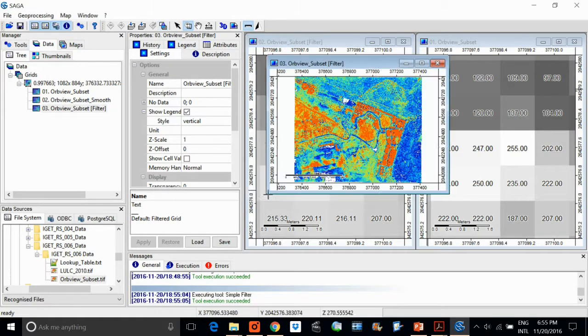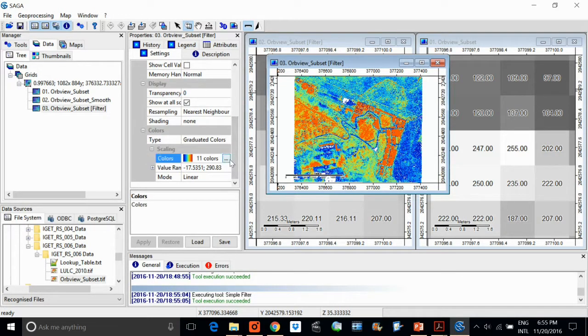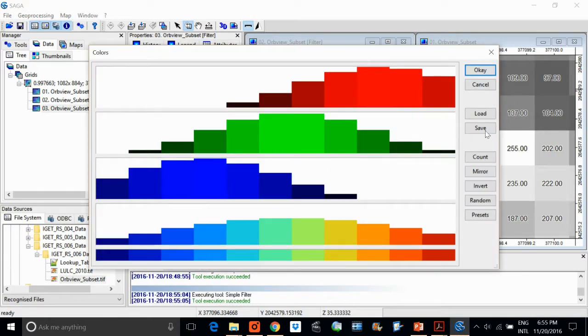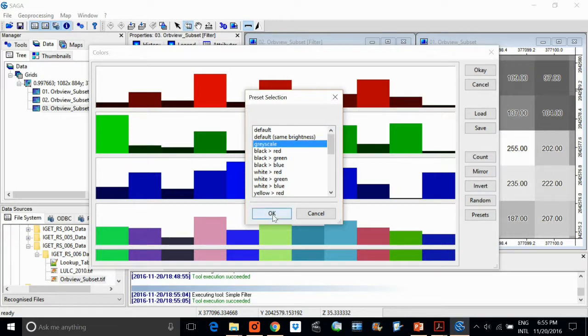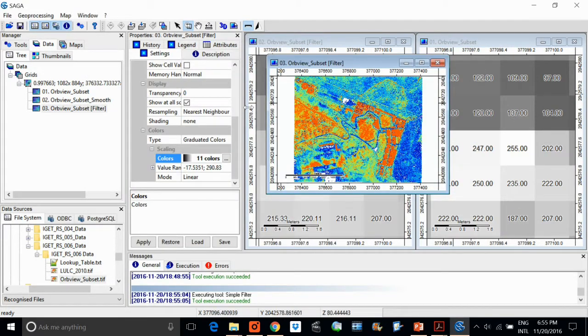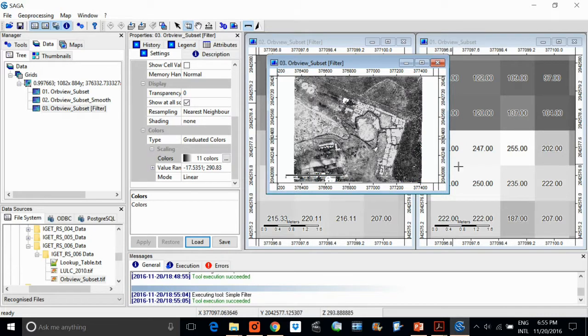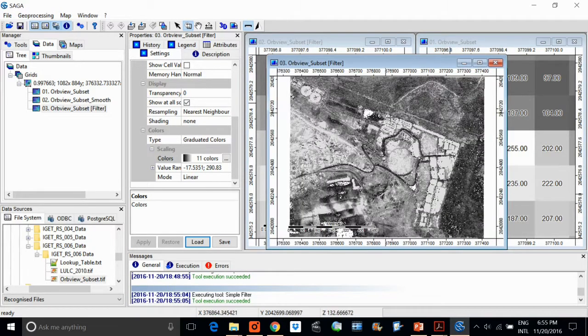Let me open it also, and this image, let me change the color now. Make it grayscale. Okay, and apply. Right, this is a sharpened image.